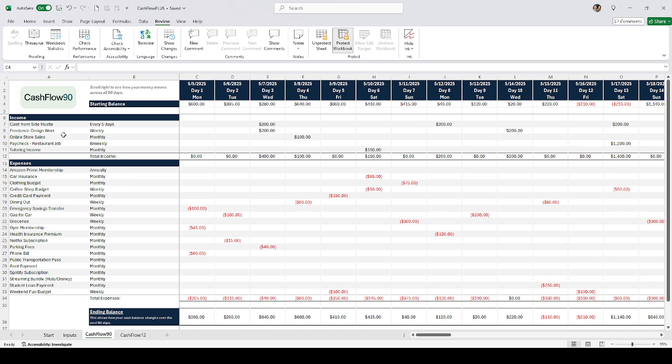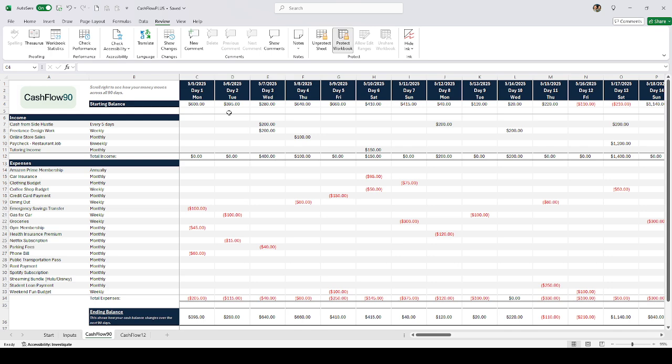All of the income items and expense items will be grouped automatically, alphabetically, based on the inputs that you put into the Inputs tab. The recurrence that you selected on the Inputs tab will show in column B, and each dollar amount will post into the column of the correct date